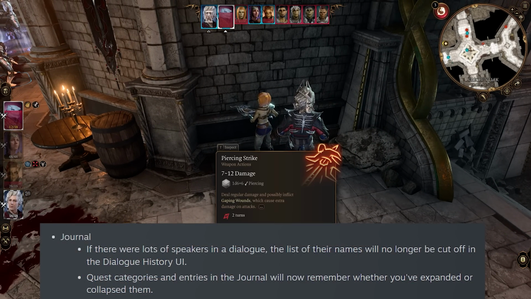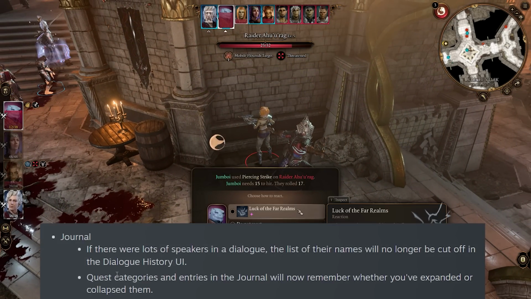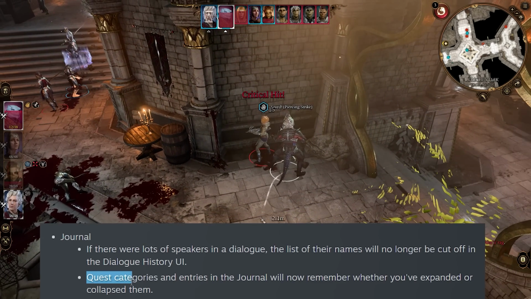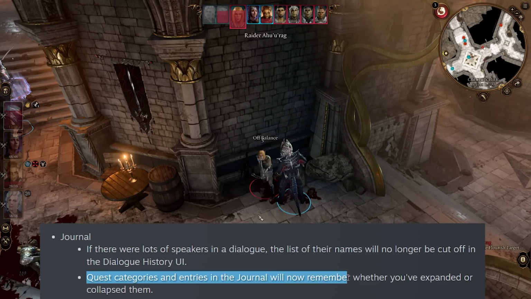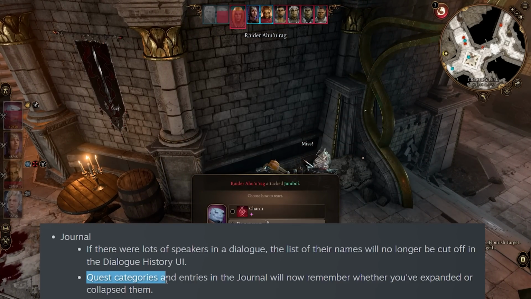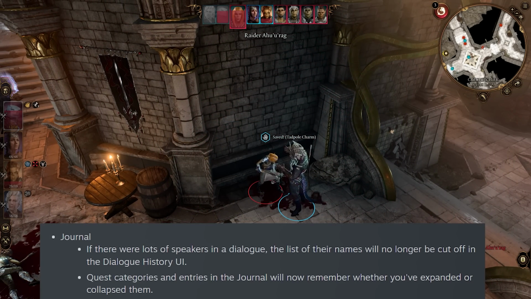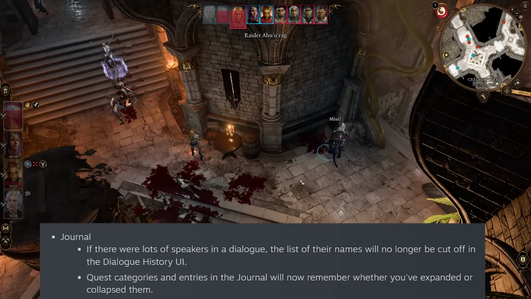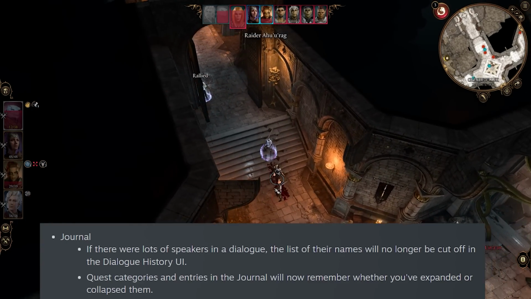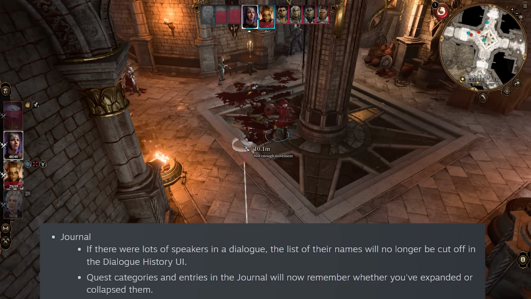Carrying on with the user interface, one big one that was really grinding my gears that I'm glad to see in here is on the journal. Quest categories and entries in the journal will now remember whether you've expanded or collapsed them. Thank goodness. I don't know how many times I've collapsed that completed quests thing because it's overwhelmed me. Great to see. Furthermore, changes to trading, tooltips, saves,